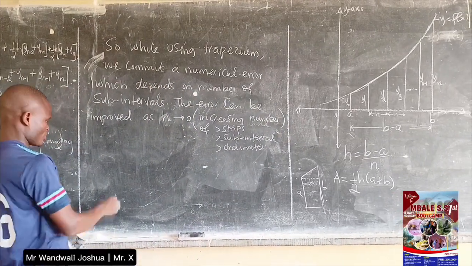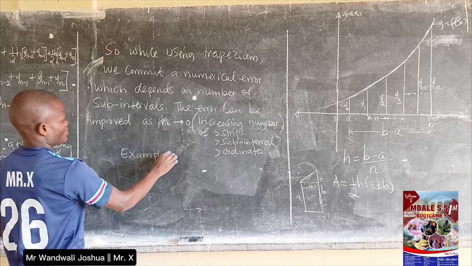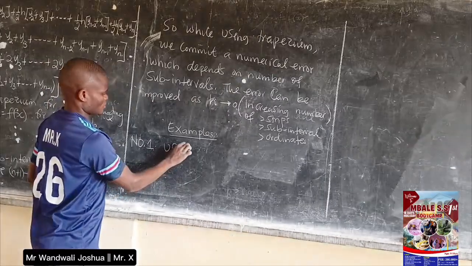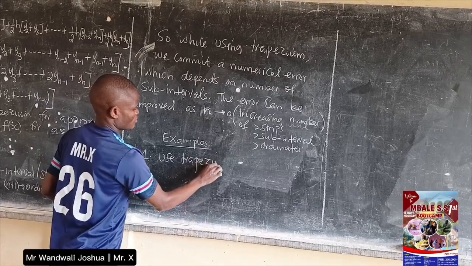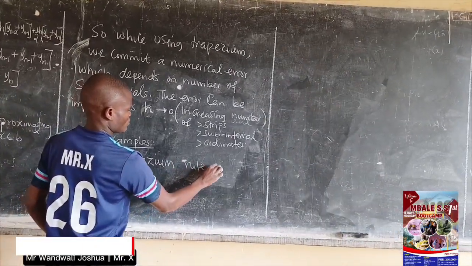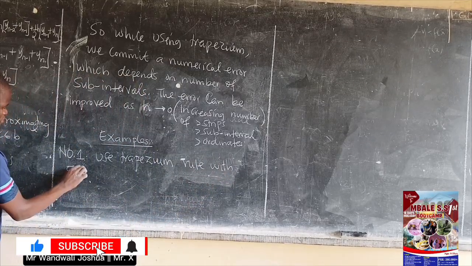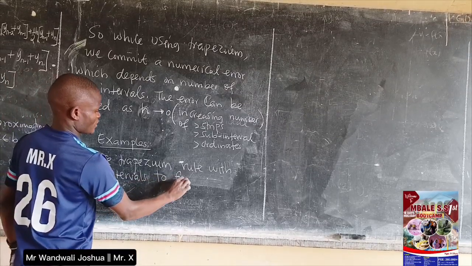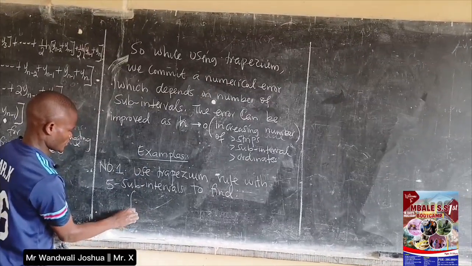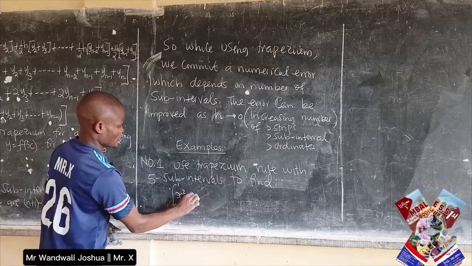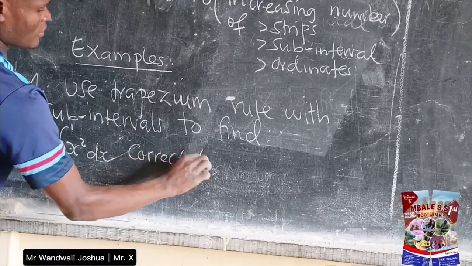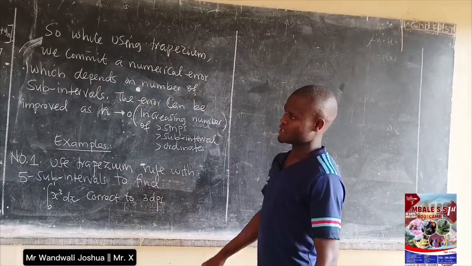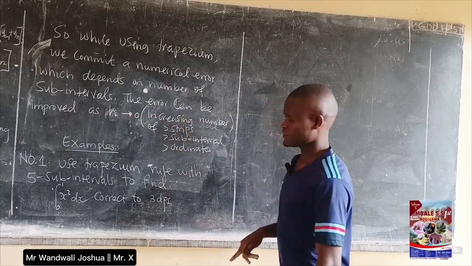Now, let us go into examples. So example number 1, we are going to say, use the trapezium rule with 5 sub-intervals to find the integral from 0 to 1 of x squared with respect to x, correct to 3 decimal places. Now, using the trapezium rule, the rest of the work we've done is part of